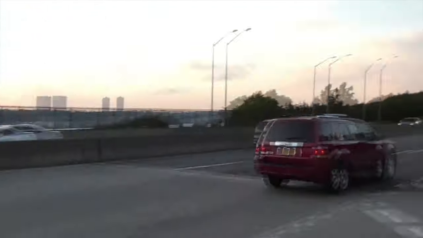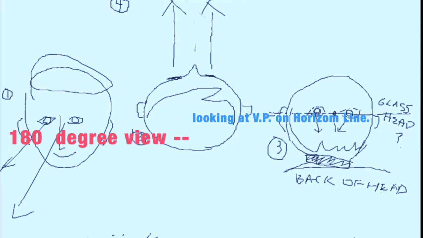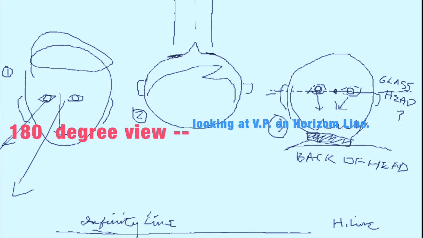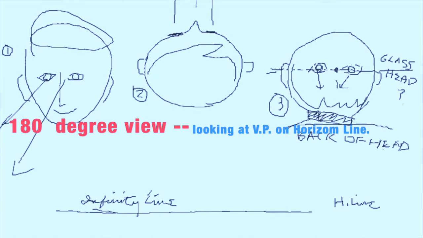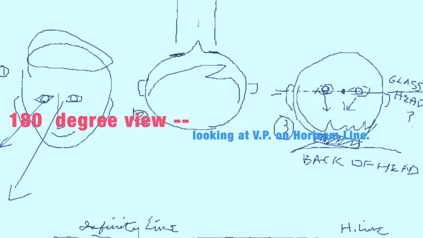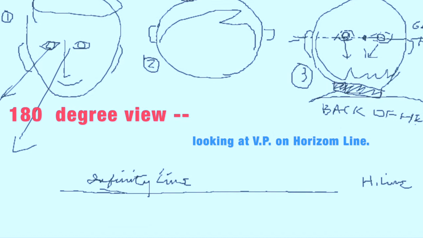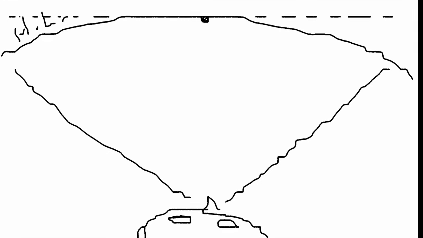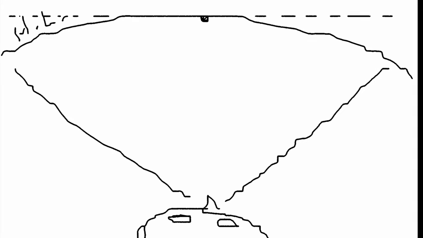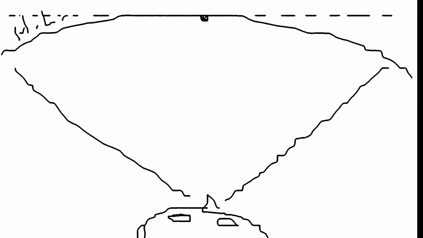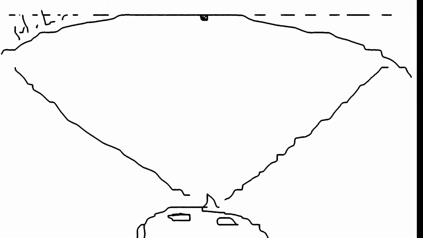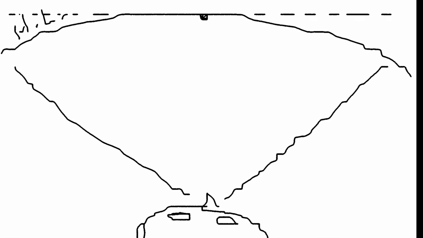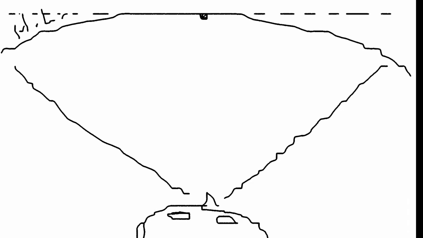Here's an example of an actual horizon. Your eyesight, your two eyes, take a 180-degree view, and this illustrates that. We're looking at the vanishing point on the horizon line. They're the two eyes toward the horizon line. And again, I suggest you come back to these drawings if it's not completely given to you in these illustrations. Come back and look again.